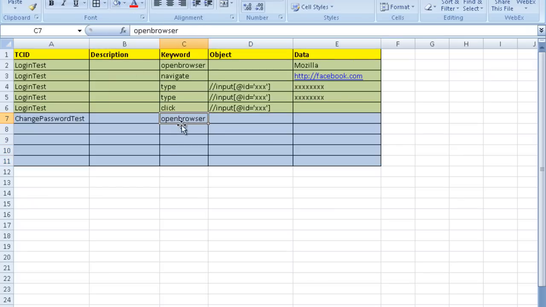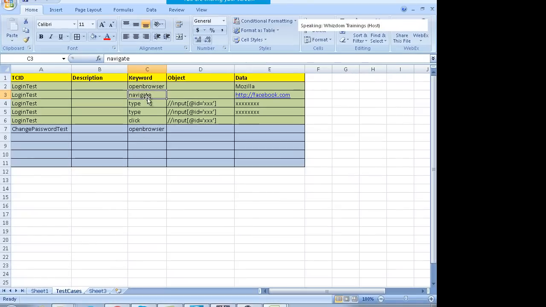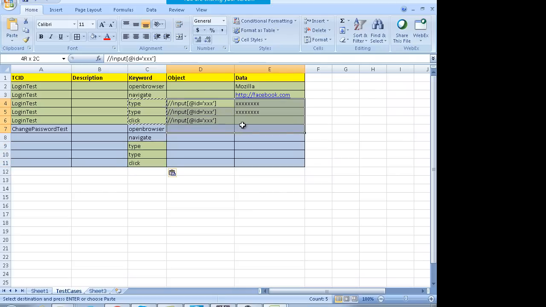Fine, the first keyword is open browser. The next keyword is navigate. You navigate to the website. You log in. Type, click, 3 keywords, some data and objects. Okay, you log in. Now after logging in,